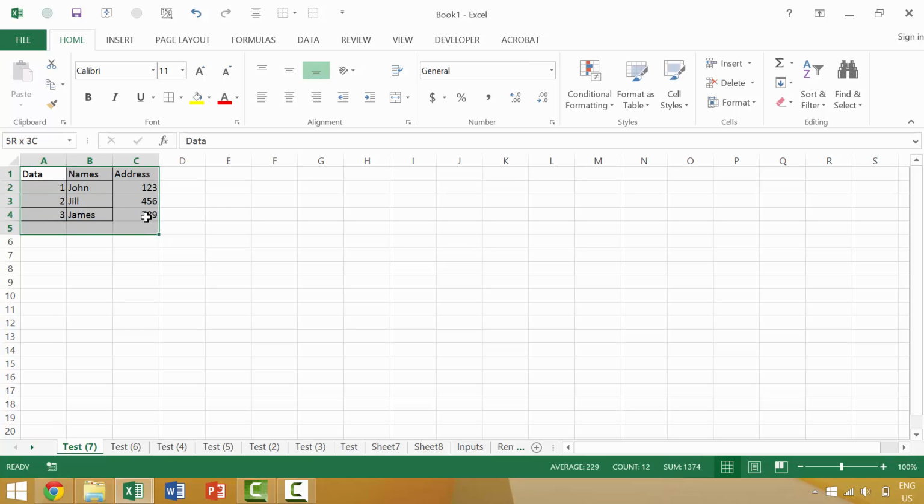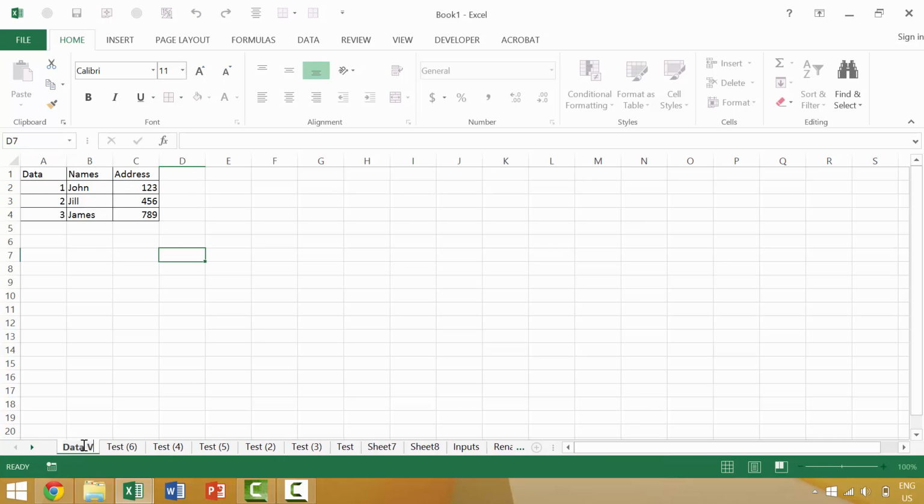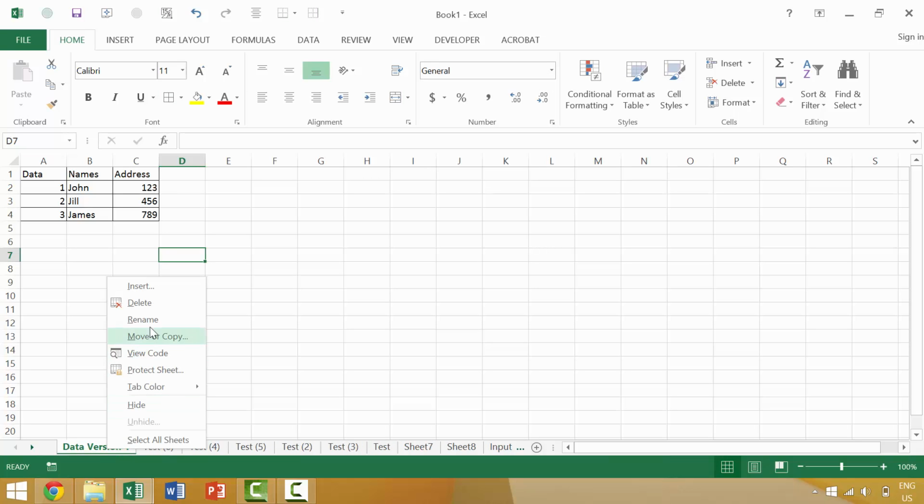All right, so we have this new table. It's a really great table. We're going to call it data version 1. So if we were to move it,